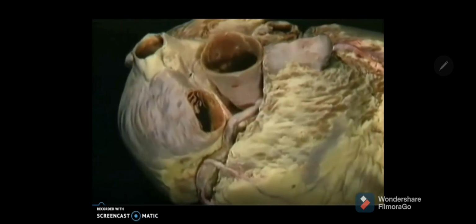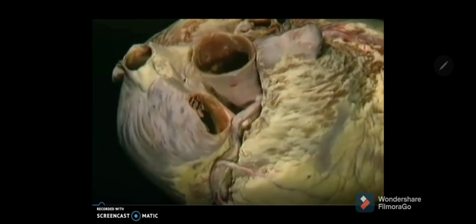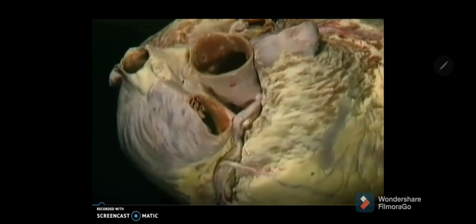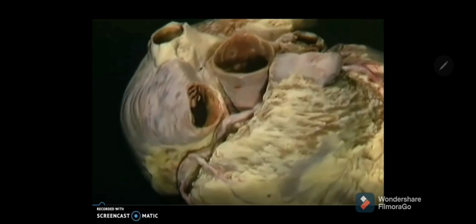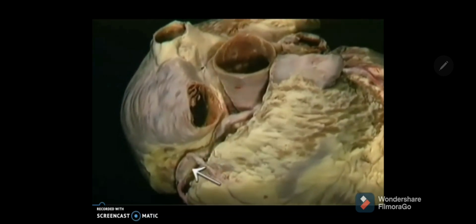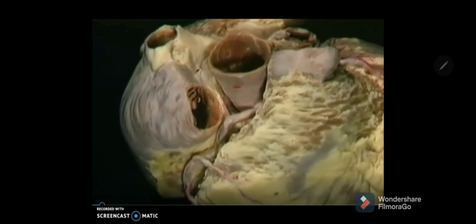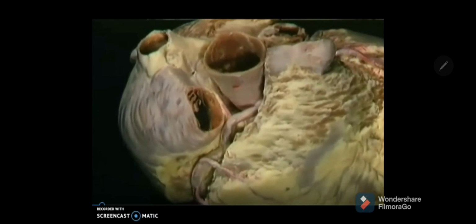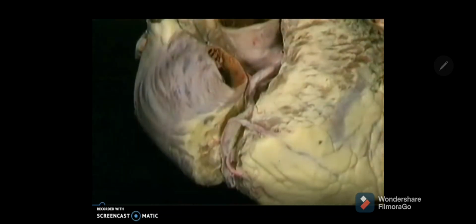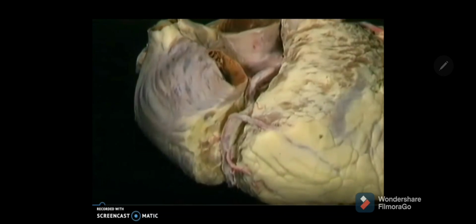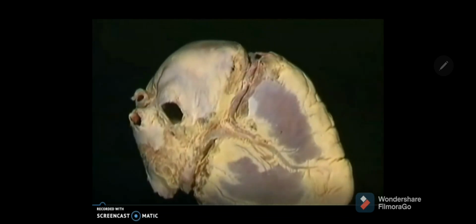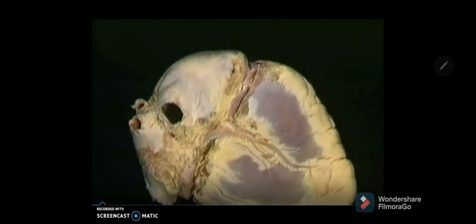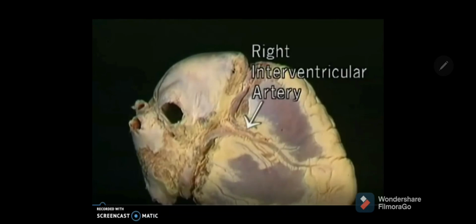And here you can see in this heart specimen, you are seeing the anterior aortic sinus there, and you can notice it is the right coronary artery running between the atria and ventricle. On the left side of the image, you are seeing the right atrium and right ventricle on the right side. In between them, the artery is passing and winds around here along the inferior border and gives the posterior interventricular artery.